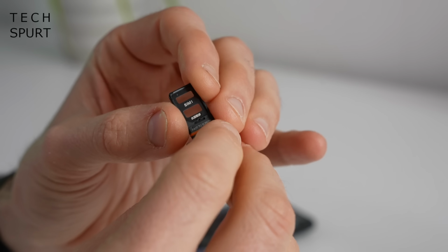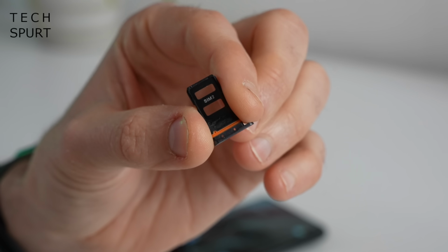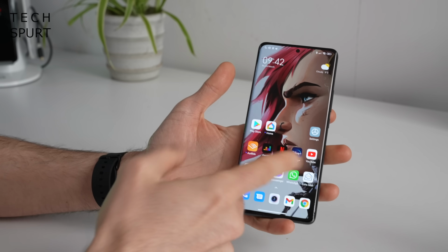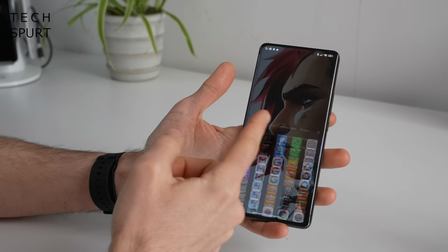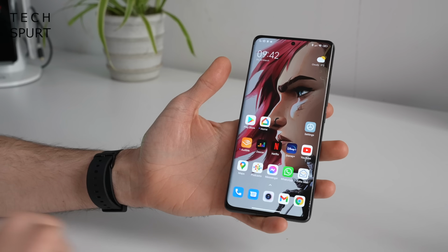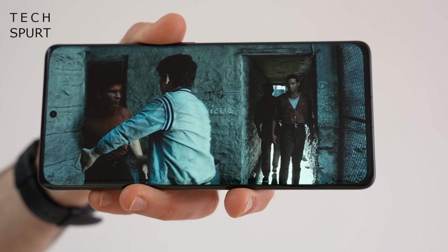All you got on this thing is a double-sided SIM tray, so space for 2 SIM cards simultaneously, but yeah, no micro SD. Oh, and forgot to mention it is of course UFS 3.1 storage as well, so nice and nippy. Certainly downloading apps is a very swift experience. So let's have a little shift on to the media chops of the Xiaomi 12 Pro and let's focus on